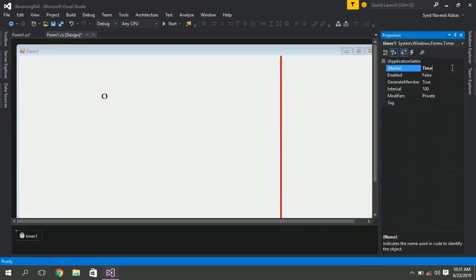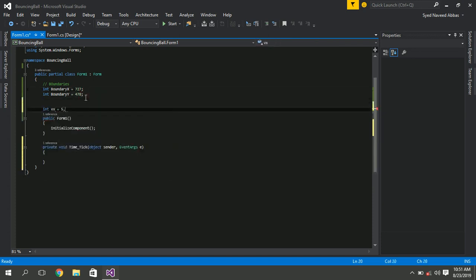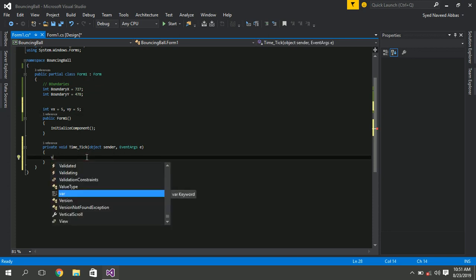We are going to use the timer to animate the ball over time. Vx is velocity along the x-axis, and Vy is velocity along the y-axis.